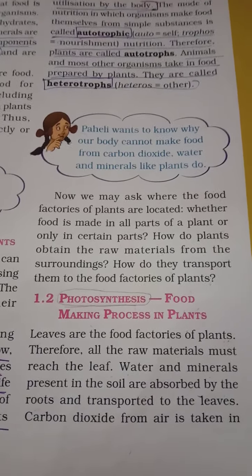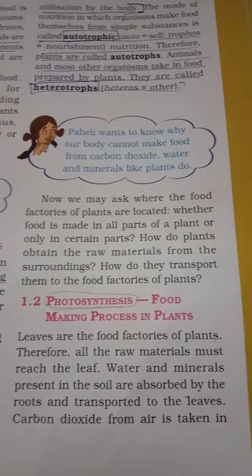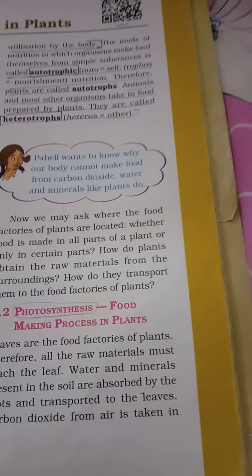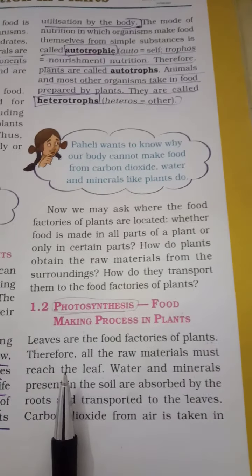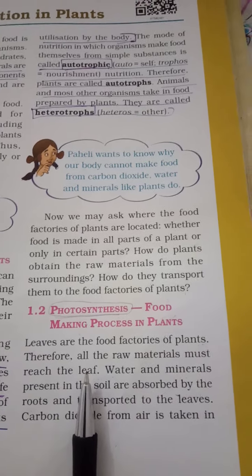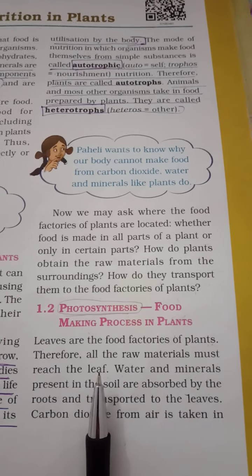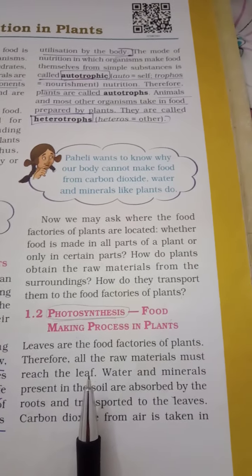Today we'll learn how plants make their food. So we need to understand the process in which food is made in plants. Leaves are the food factories of the plant. Therefore, all the raw materials must reach the leaves. So we come to know that in the plant, the leaves are the main part in which the food is